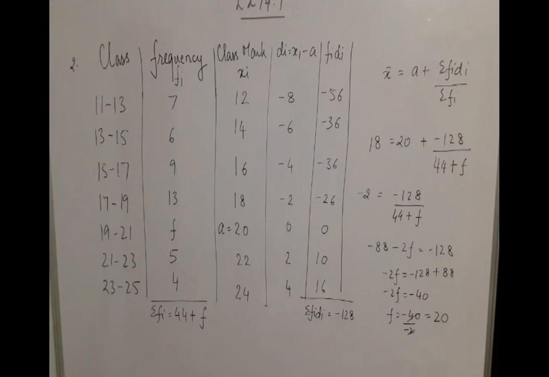So statistics you will find is much easier. The calculations you have to be careful with. Yes, be very careful with the calculation. Even if one multiplication, one addition goes wrong, the sum can go entirely wrong. So I tell you to do it with concentration. Draw the table properly first with the class. See that you write down the class properly. See the frequency, see the class mark, okay, and calculate properly.